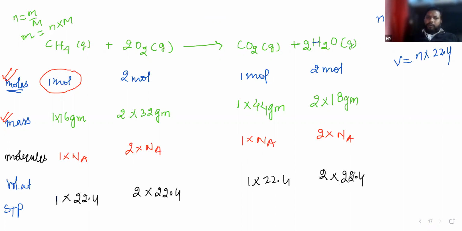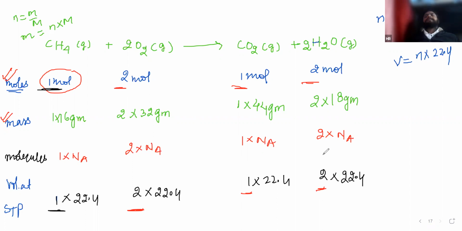Krishna, is there any doubt in this? No, sir. Sir, it should be 22.4 into n, right? n, what is n? I mean the number of moles. Yes, we already know the number of moles. That's why I just multiplied it by the number of moles, 2 here. So number of moles 1 here, number of moles 2 here. Habiba, please speak up. Let me know if you have any doubt in these questions.